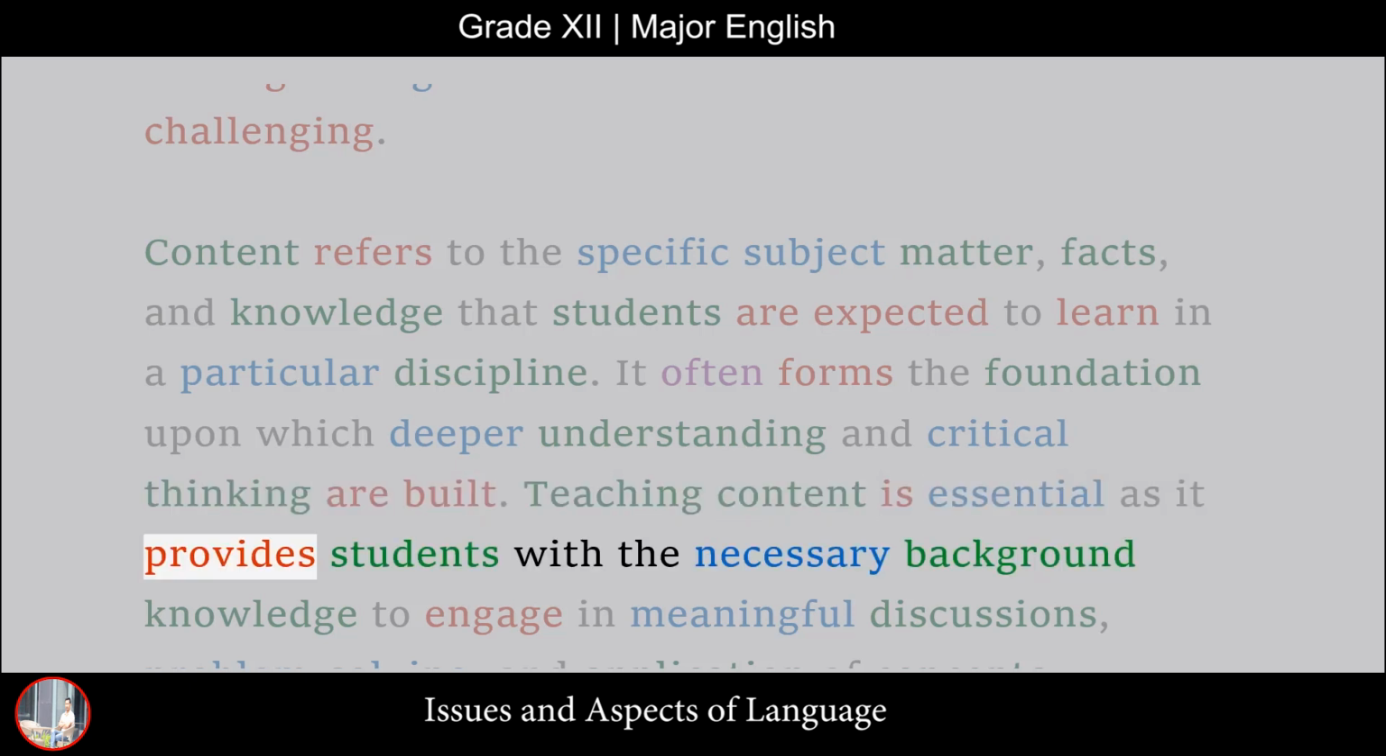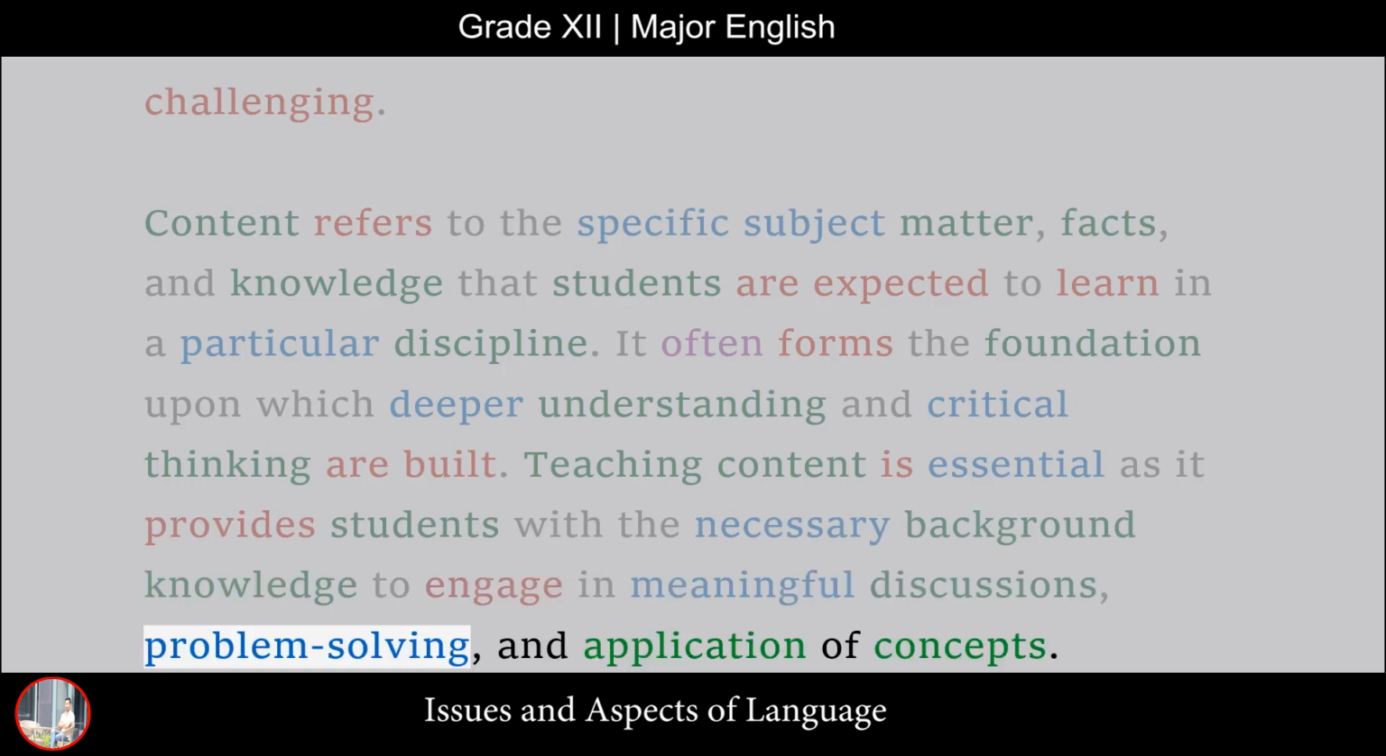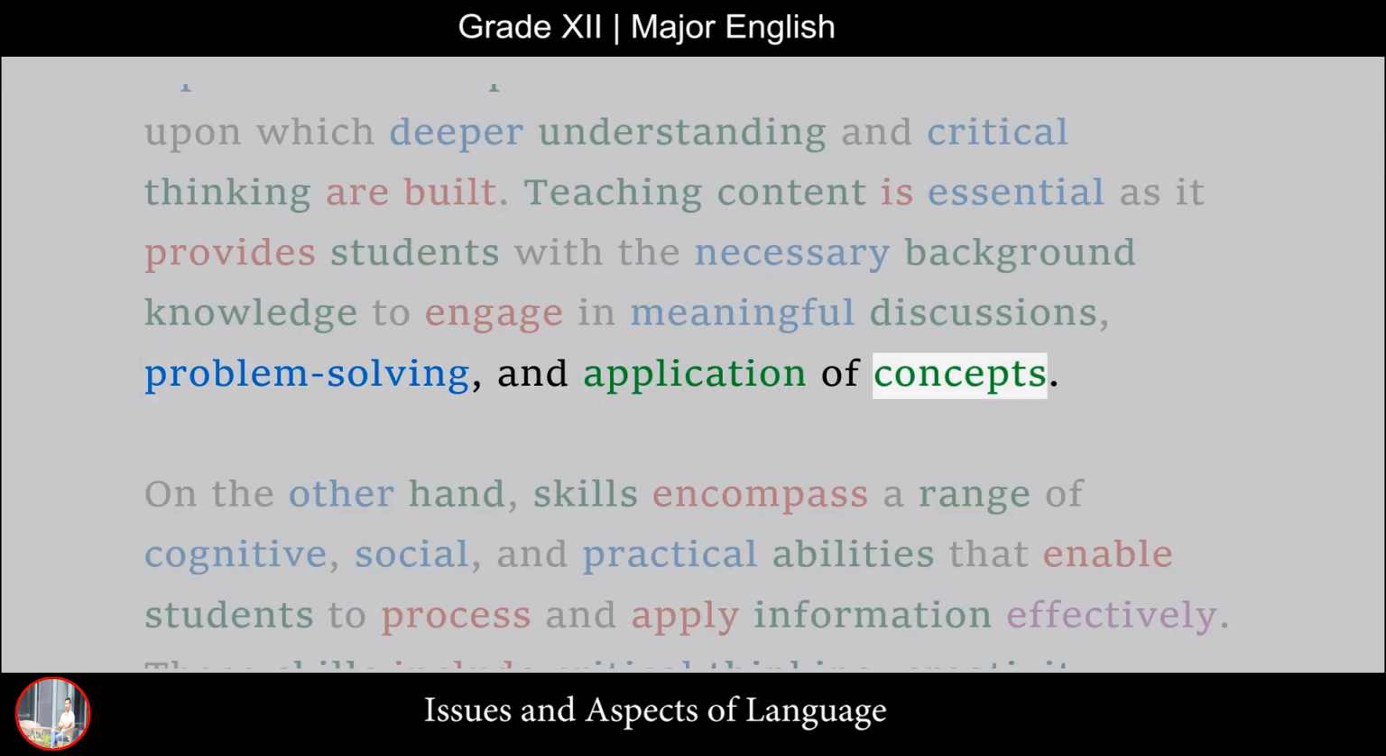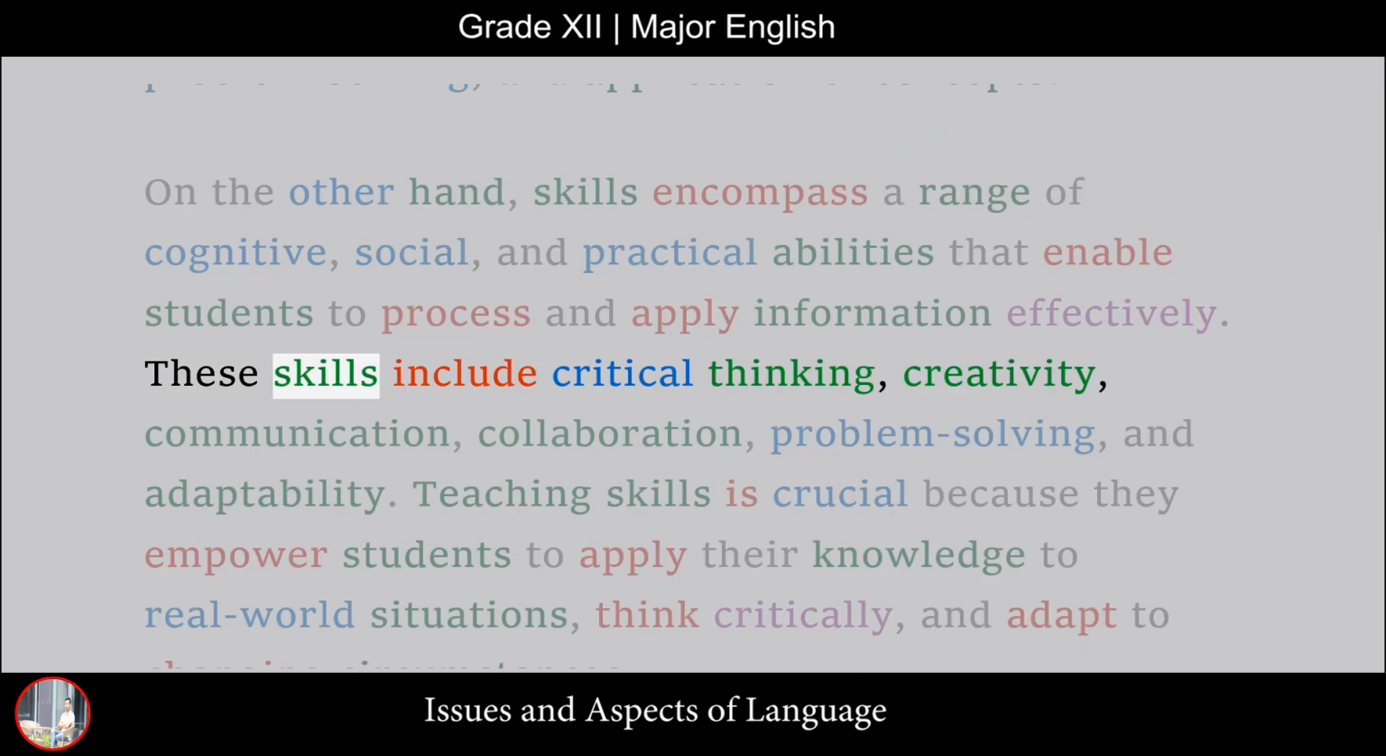Teaching content is essential as it provides students with the necessary background knowledge to engage in meaningful discussions, problem solving, and application of concepts. On the other hand, skills encompass a range of cognitive, social, and practical abilities that enable students to process and apply information effectively. These skills include critical thinking, creativity, communication, collaboration, problem solving, and adaptability. Teaching skills is crucial because they empower students to apply their knowledge to real-world situations, think critically, and adapt to